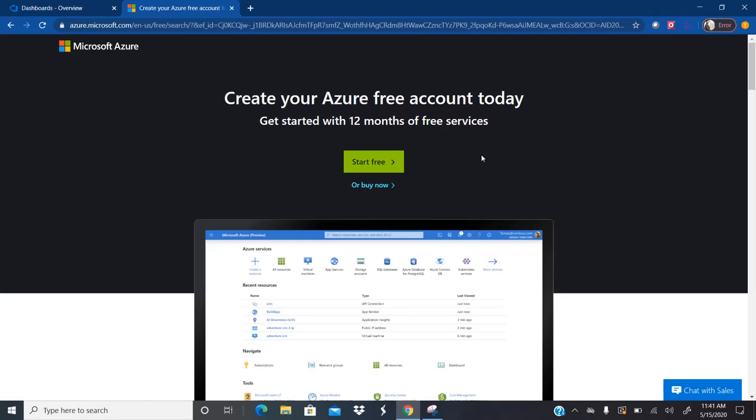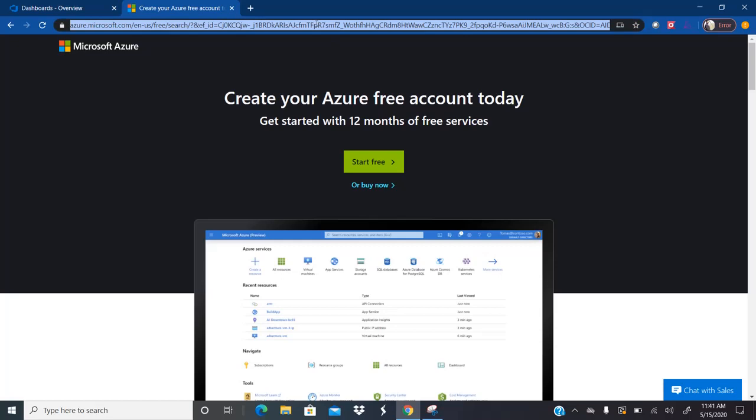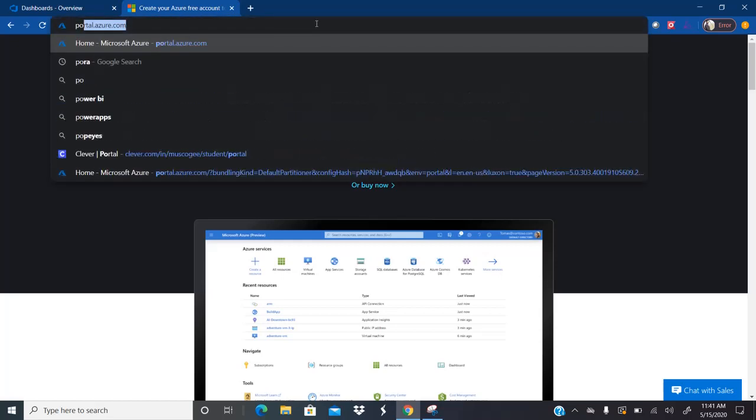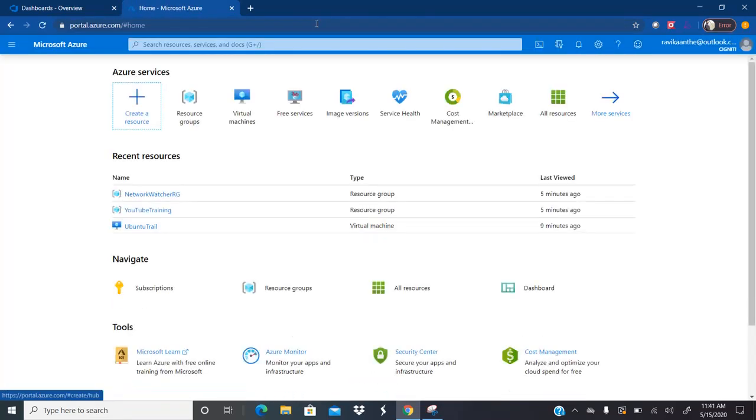Okay, as I have already subscribed to Azure cloud services, I'm going to log into portal.azure.com. As soon as you land on portal.azure.com, you will have a dashboard which shows you the major resources and major services that you will be using in day to day life.